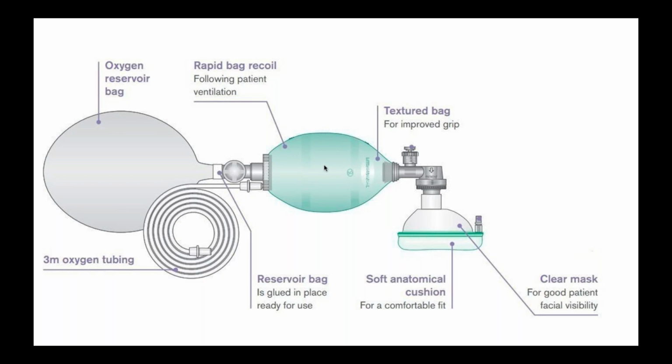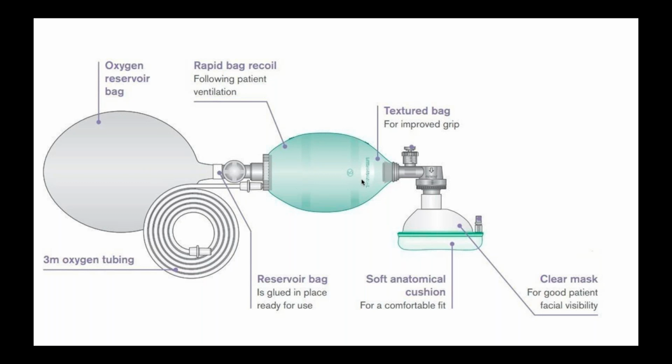When you release this bag, the oxygen, if you've attached oxygen here, will rush in to fill the space inside, and air from this port will also rush in to fill the space inside. So if you are giving 100% oxygen from here, it will get diluted with air coming from here. The concentration of oxygen actually delivered to the patient would be somewhere in between 21% in air and the 100% which you are providing from here.